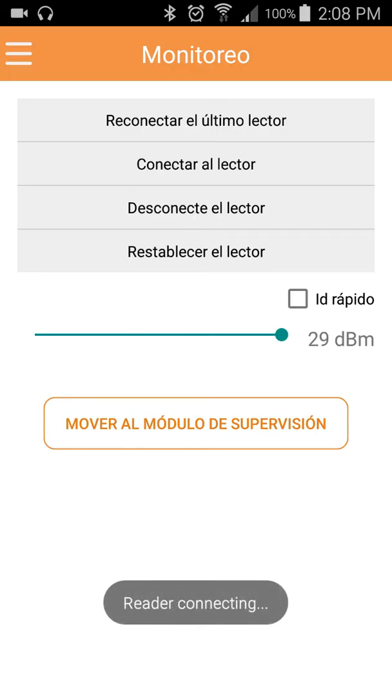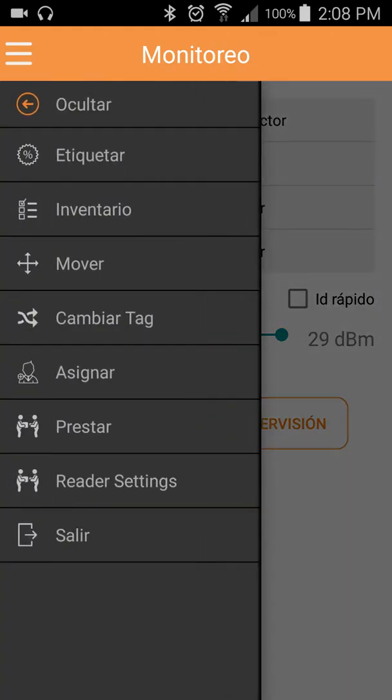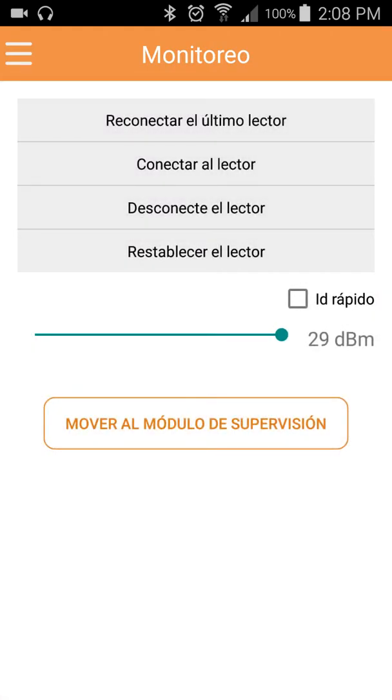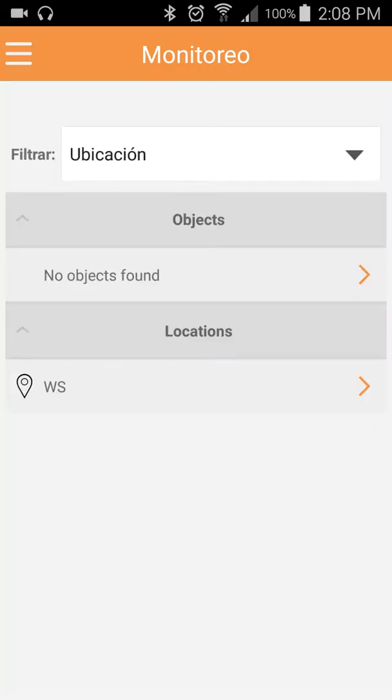About connecting to the Bluetooth reader, I have no issue. It is working good as it is supposed to work. Let's just connect. Okay, it is working. Well, let's move to monitoring. Okay, here in monitoring,